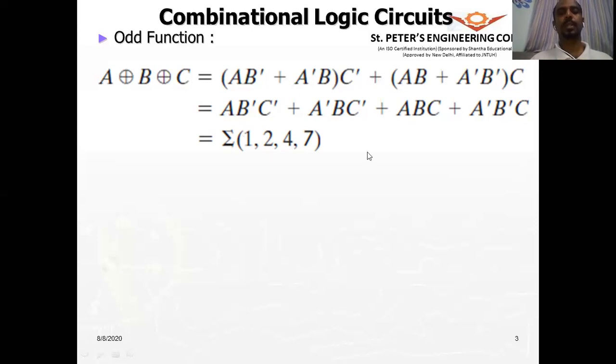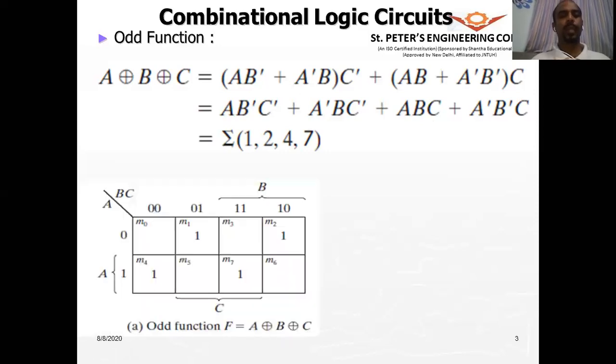So this is a complement b complement c, which is 1, and this will be 4, and this is 7, and this is 2. We should have arranged it in the proper order, but it is arranged like this. So that will be the order, and this is the equation.